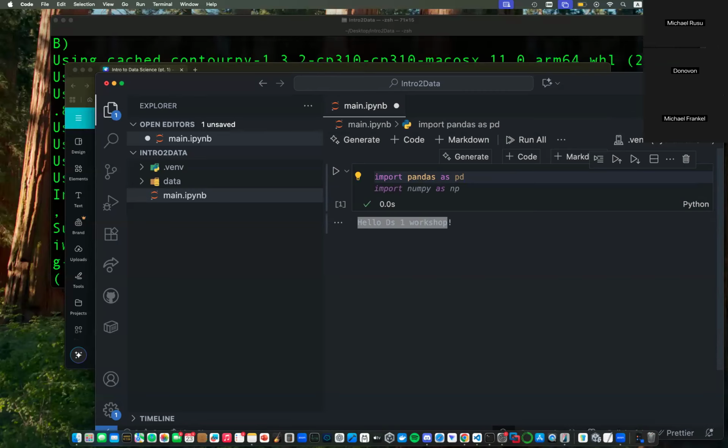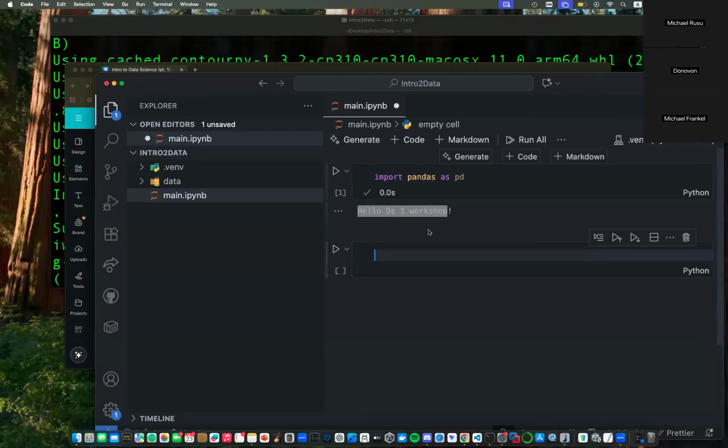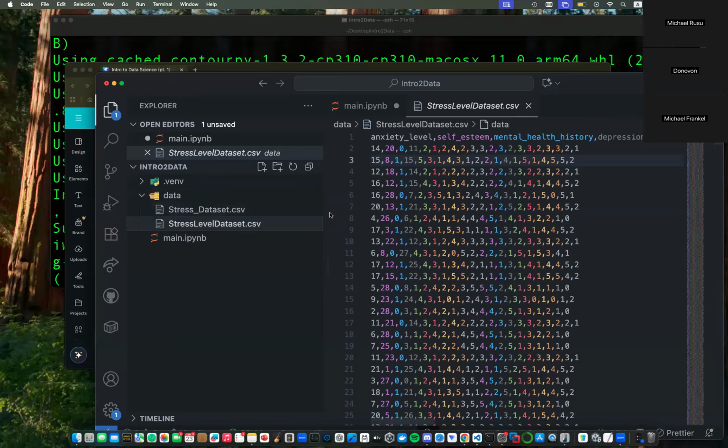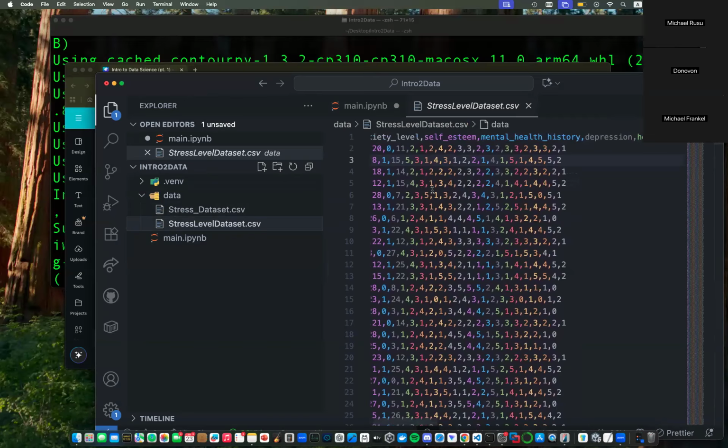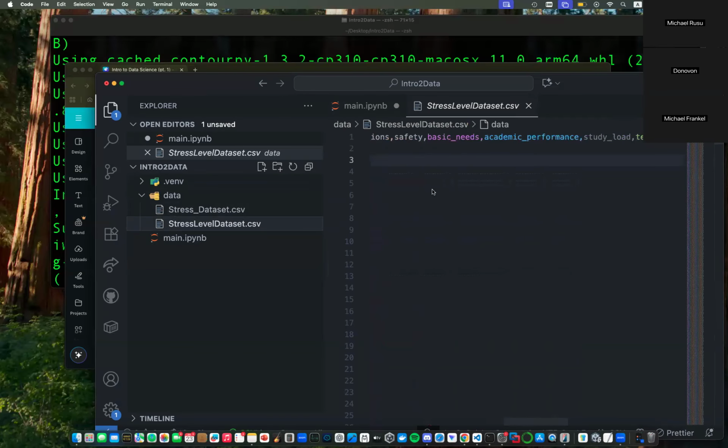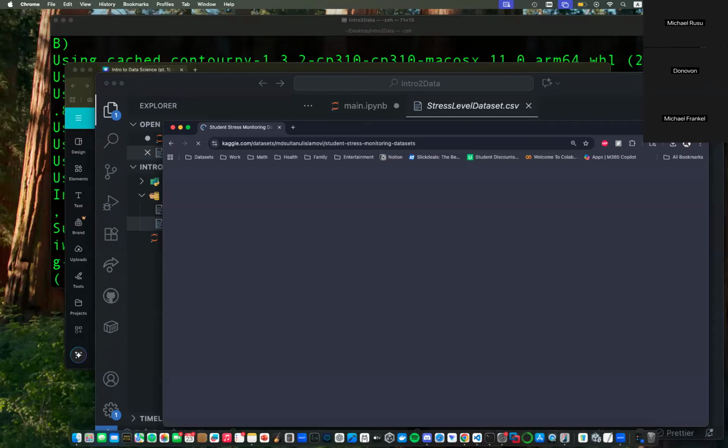So next, let's actually analyze the data together real quick. We have what appears to be a categorical data set, with living conditions and more. Let me look up the Kaggle, because this Kaggle will be a lifesaver.